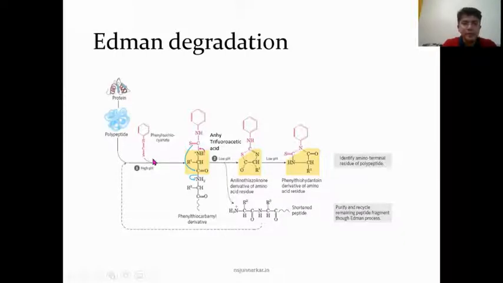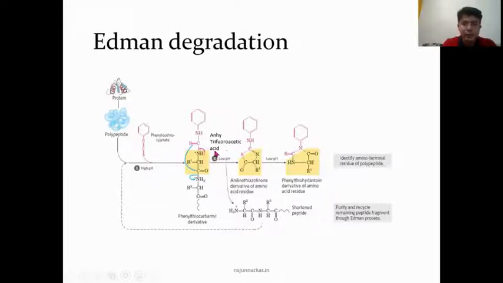This will cause the binding of the phenyl isothiocyanate to the amino terminal amino acid residue in the peptide chain, forming a phenylthiocarbamyl derivative. This is then followed by treatment with anhydrous trifluoroacetic acid at acidic pH. This will cause the release of the